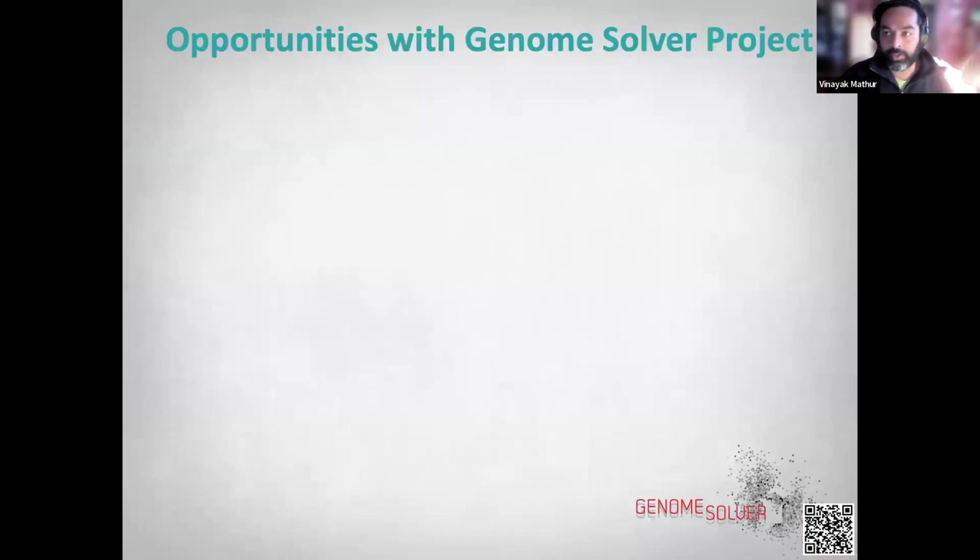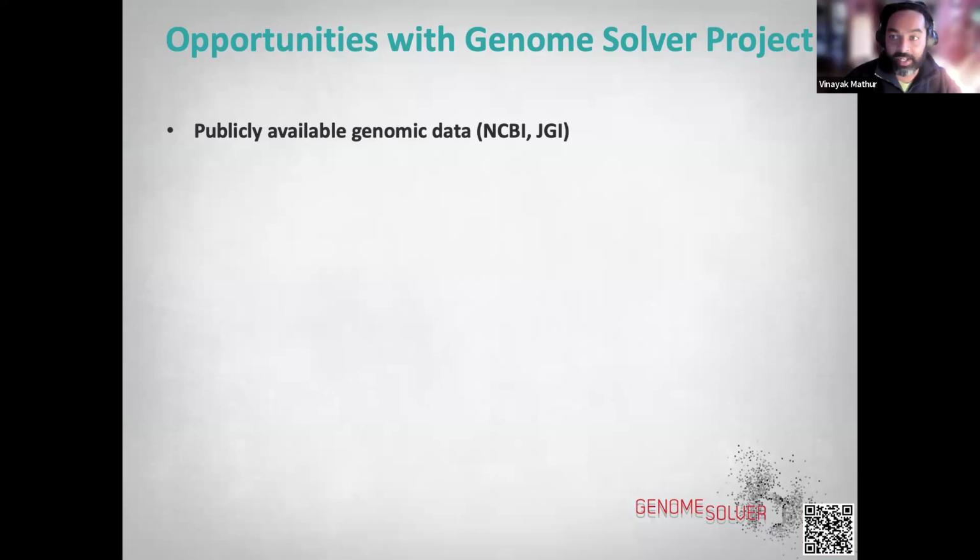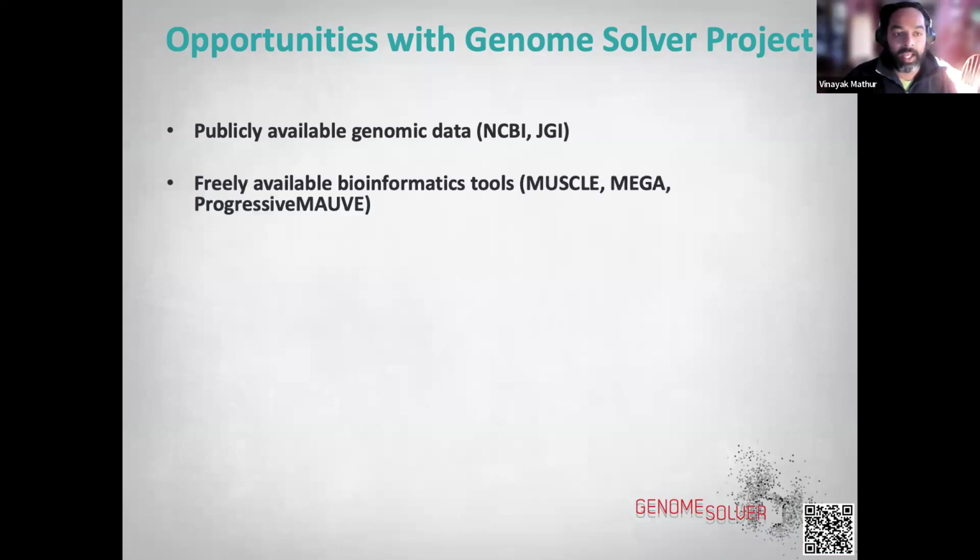So what are the opportunities that you have with the Genome Solver project? One thing that we do in this resource is that we use publicly available genomic data. This data is available either on NCBI or the JGI database, the Joint Genome Institute. We make use of freely available bioinformatic tools. Some examples are Muscle for comparative genomics, MEGA for phylogenetics, and Progressive Mauve for synteny